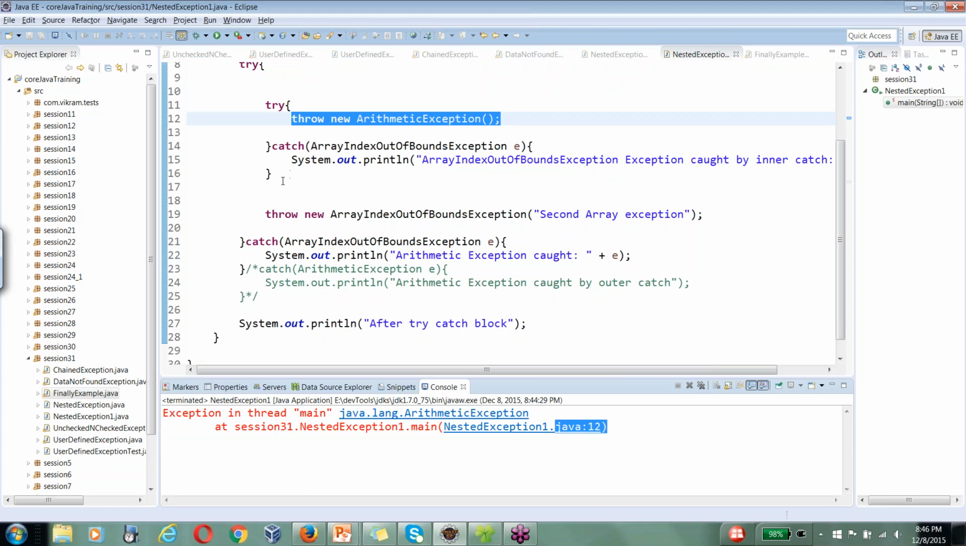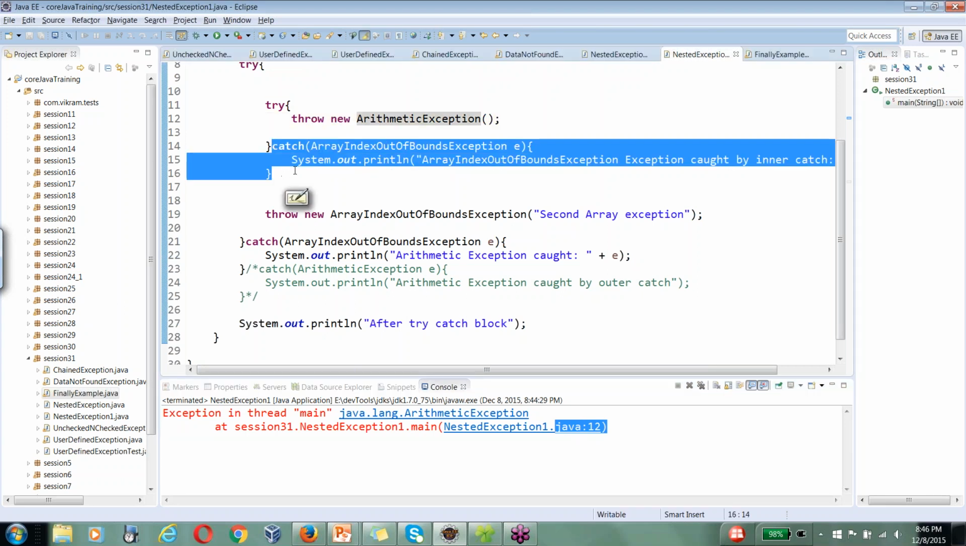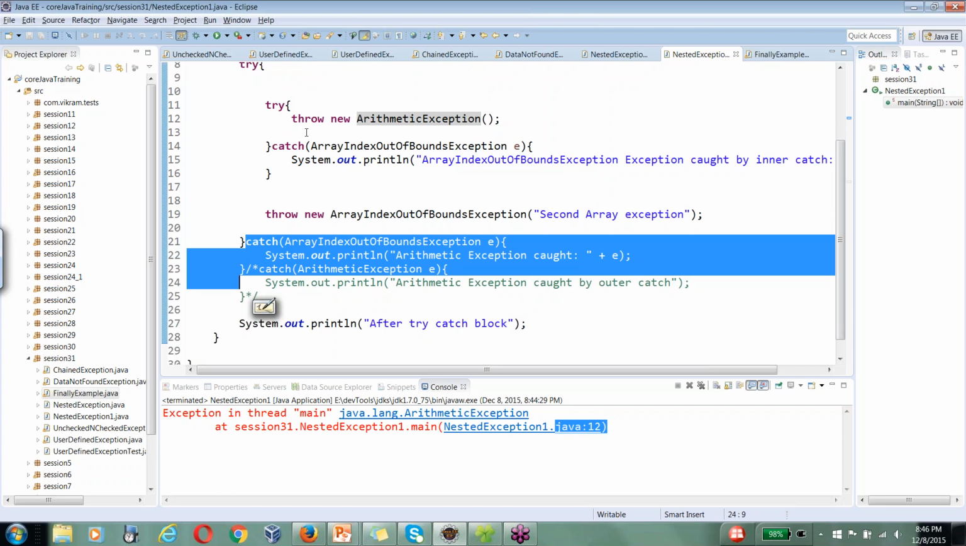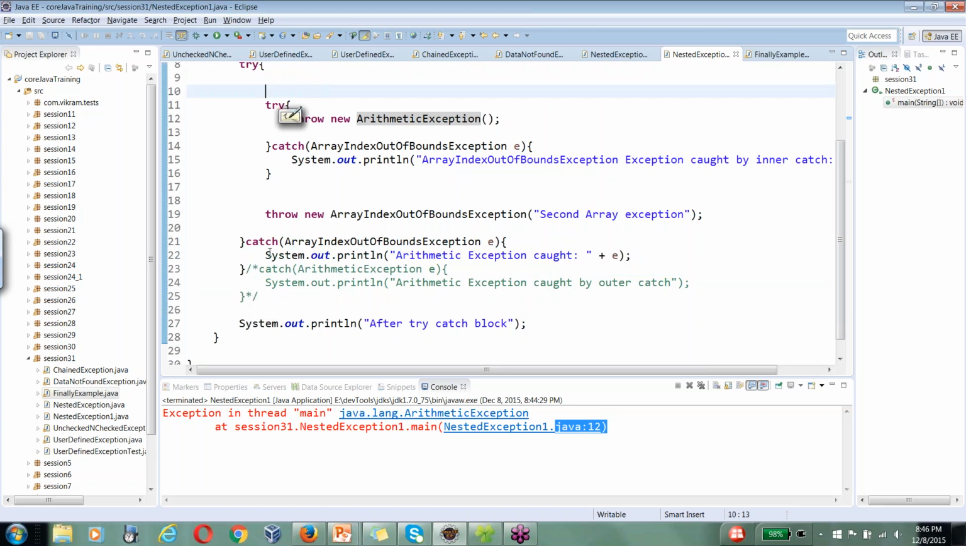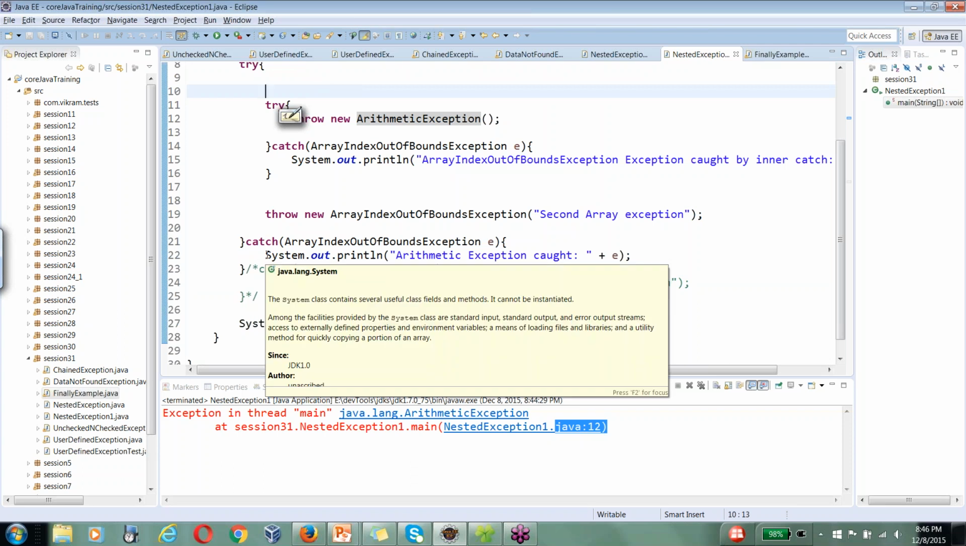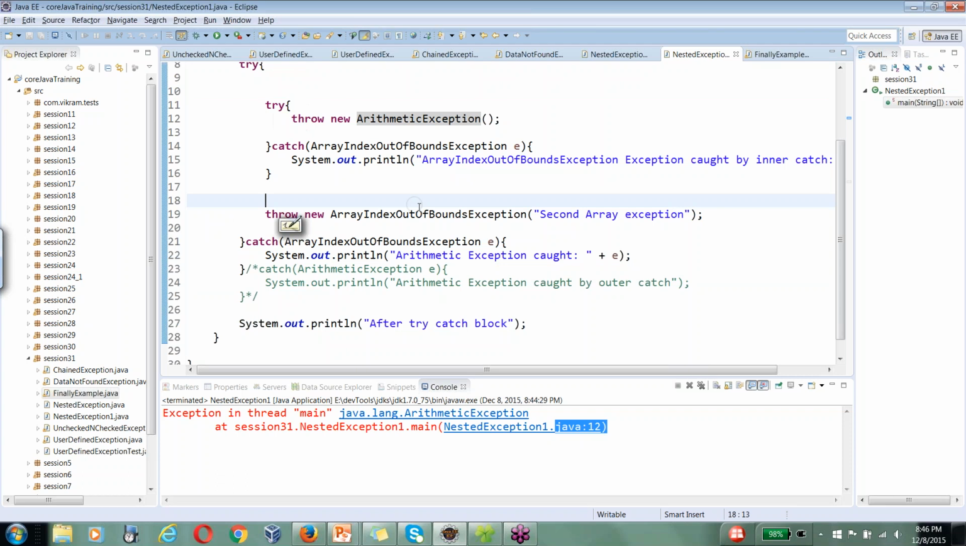Go ahead, Kavita. The inner exception has been thrown to the outer block, and there is nobody to catch it, so it is showing in the stack trace that this exception has occurred. Okay. Whenever an exception happens,